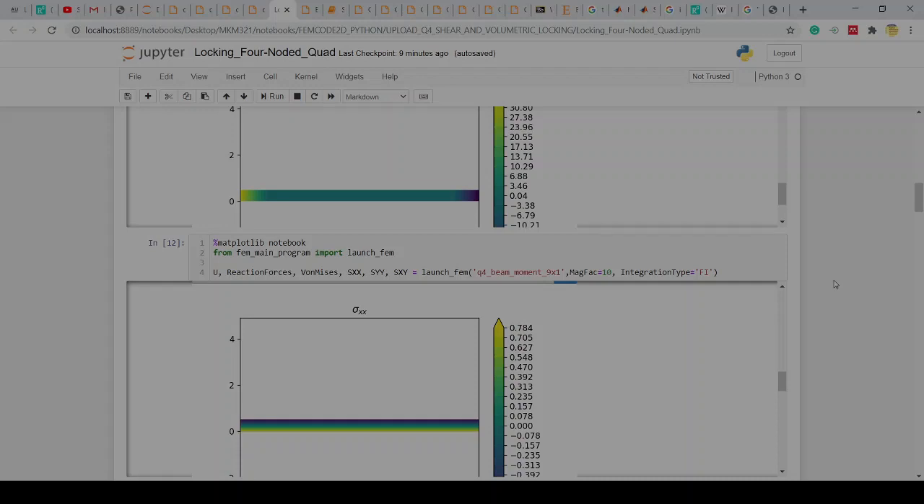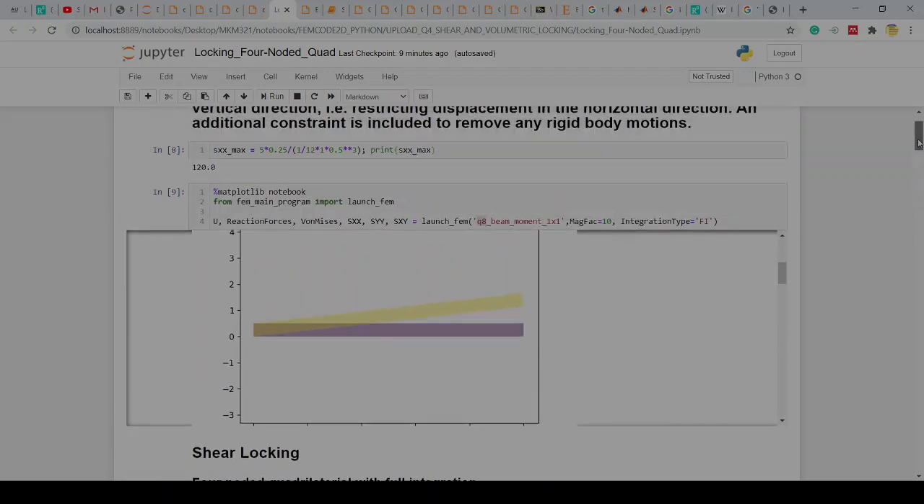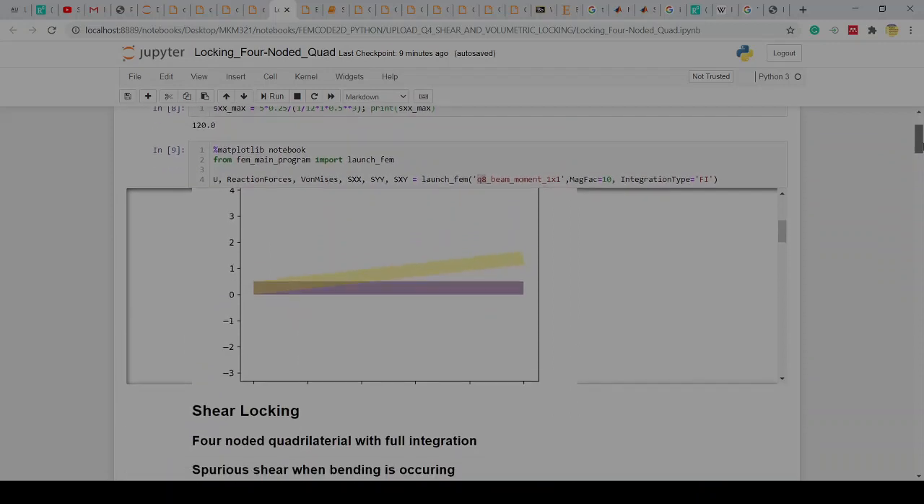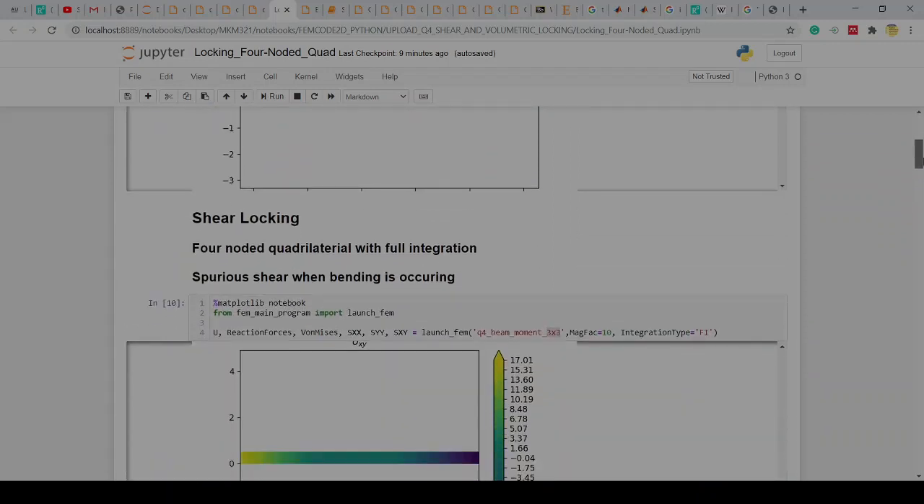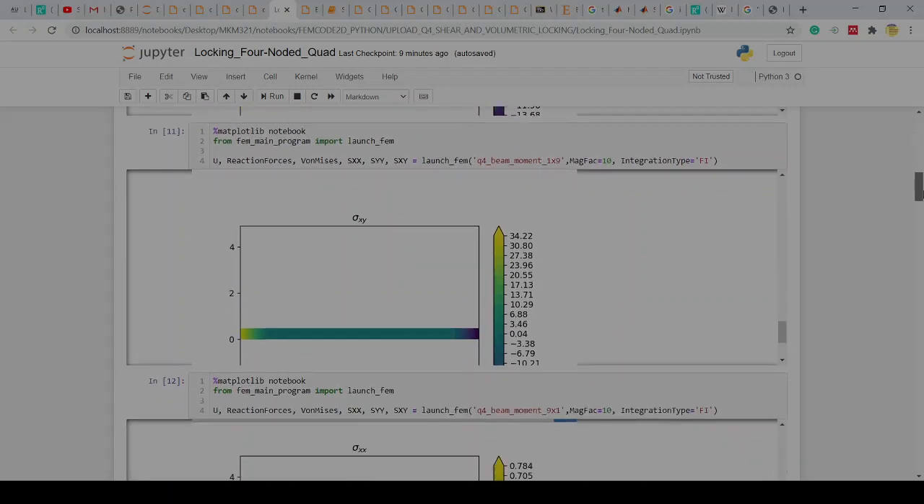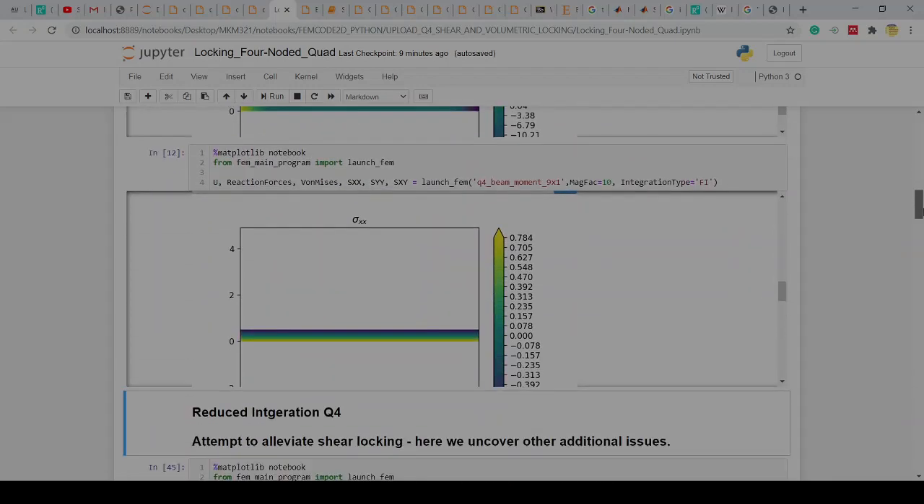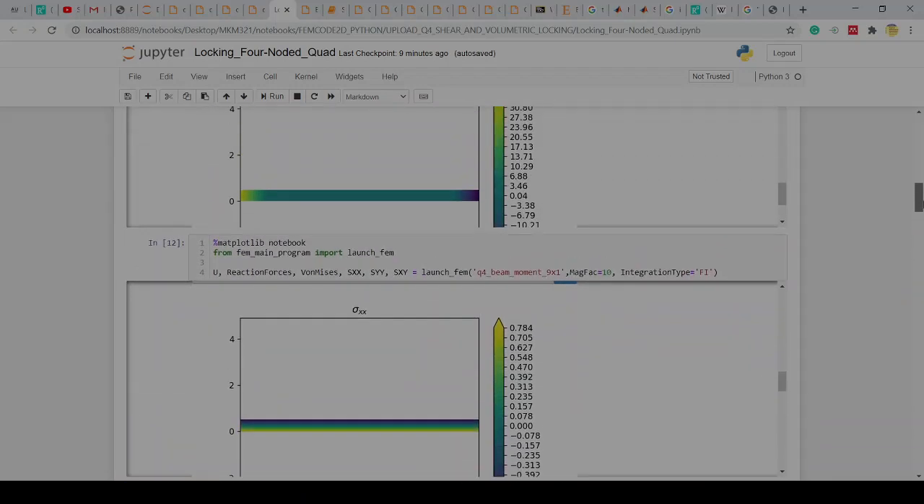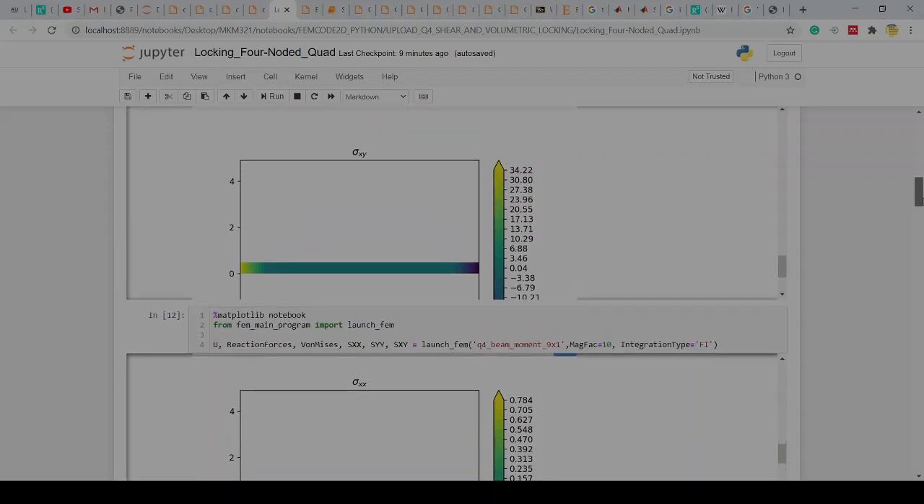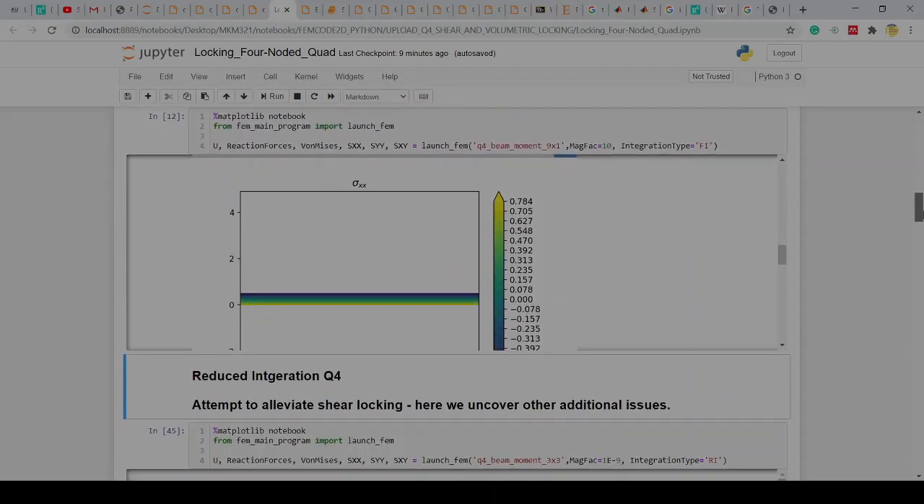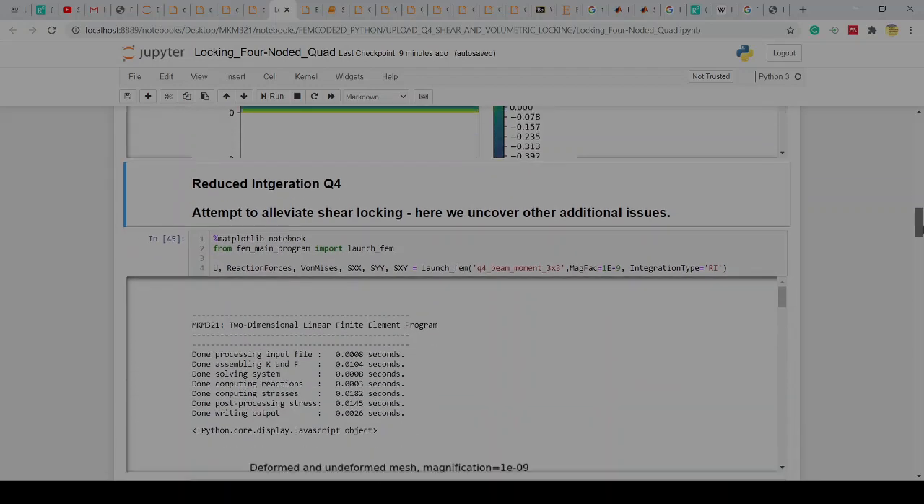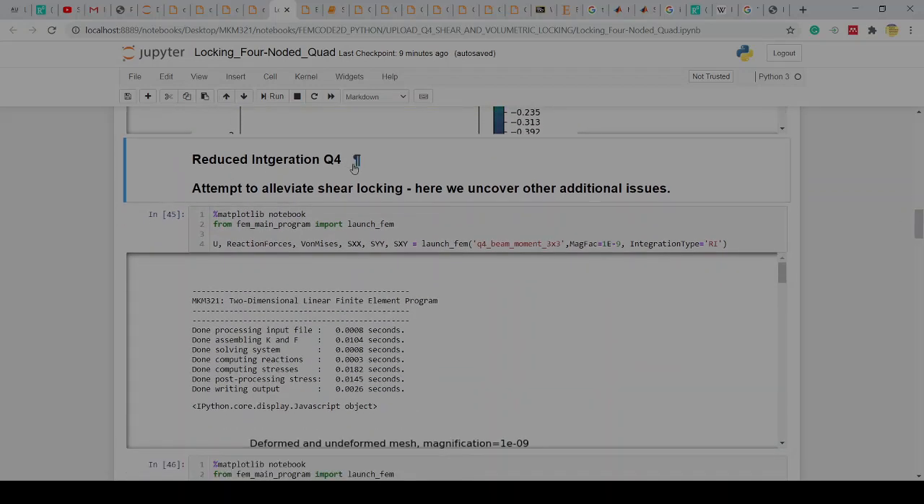And the go-to message from this, hopefully, from just looking at this for now, is that we better maybe stick to stuff like Q8 and Q20, the 20 noded brick elements in the beginning when we start modeling with finite elements, so we avoid a lot of these potential issues. Okay, this is hopefully giving you an idea how simply things can go wrong. What we can try and do is to use reduced integration of the Q4 element to try and alleviate things. So I'm going to do the reduced integration now,